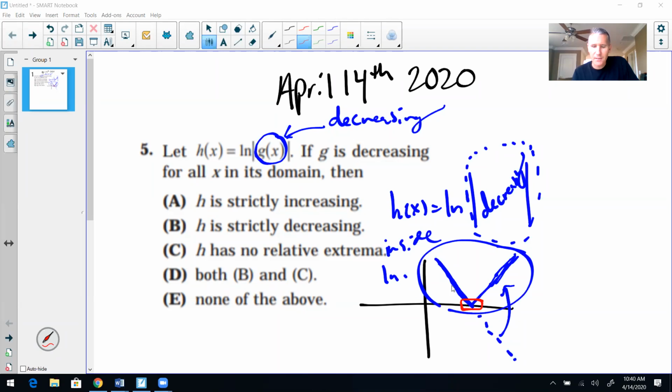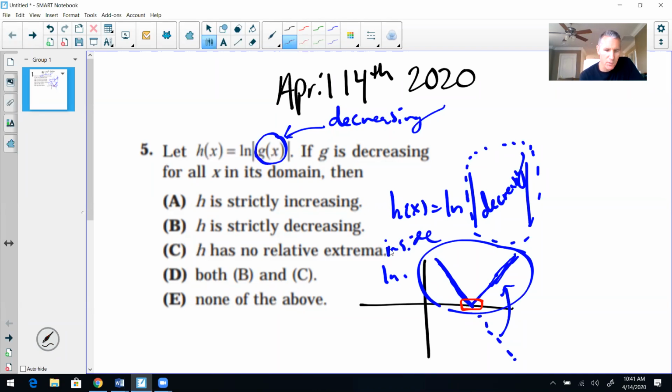And so if we have g of x positive and then it goes to 0 and then g of x is negative, the absolute value of that turns it into a positive. Right here, g of x is equal to 0. And at that point, the natural log of 0 doesn't exist. That goes to one of the infinities. So when we look at h has no relative extrema,